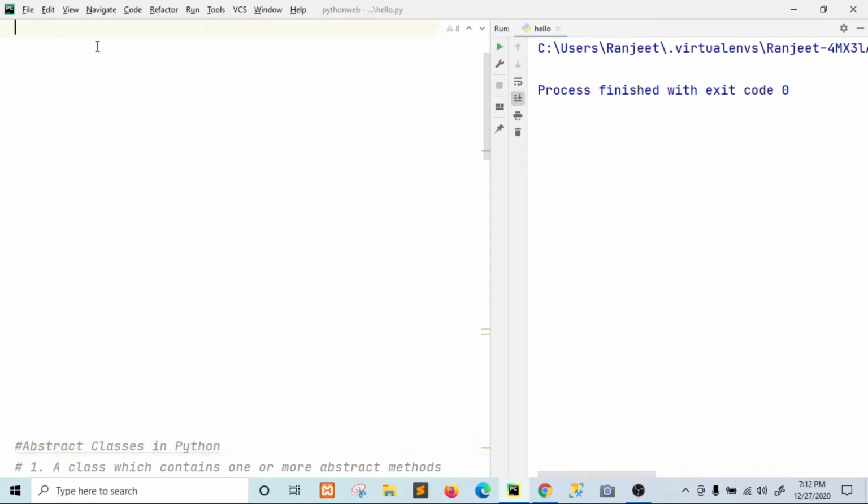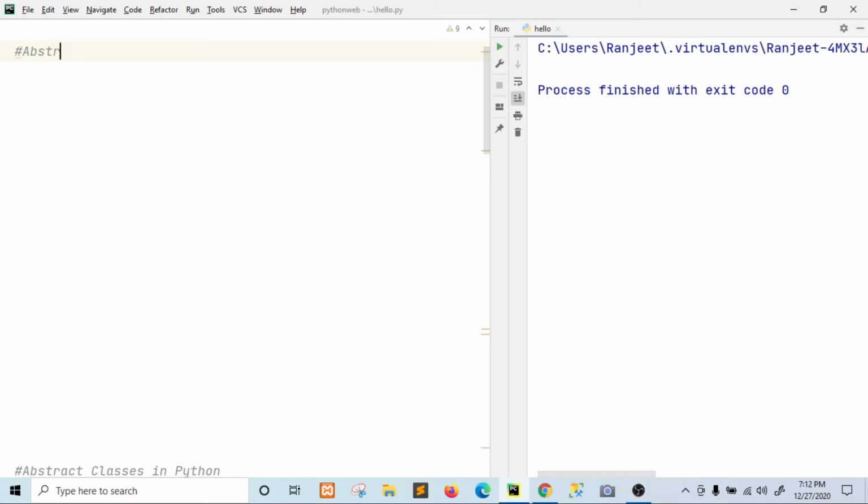So first, what we are learning is abstraction. Now let's make a class. First we will have to import the module.